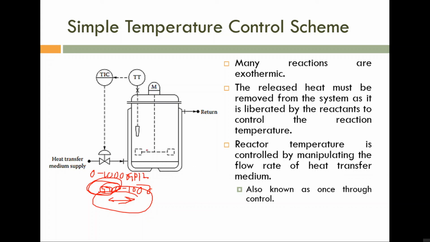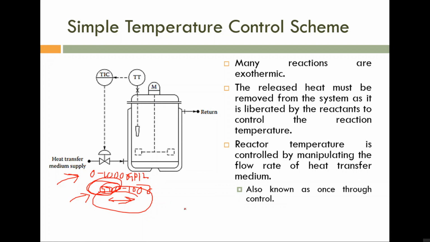But what is happening if you are closing this control valve? If you are closing this control valve, we can't expect 500 to 1000. We can expect something around 0 to 1000. So how can we achieve this 500 to 1000 instead of 0 to 1000? That is the first question. Second one.